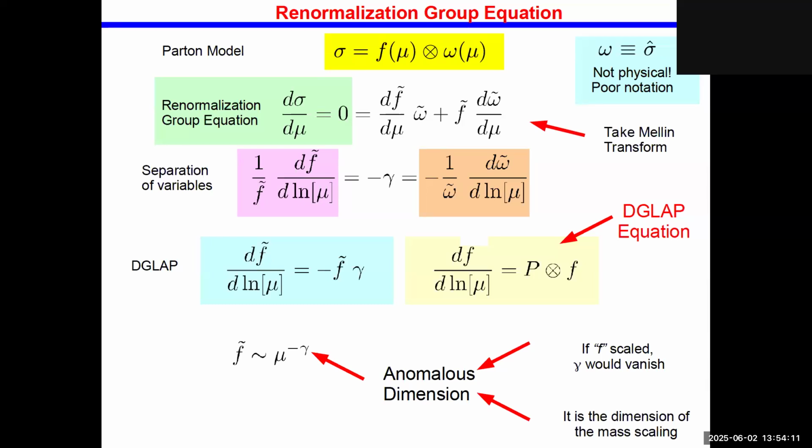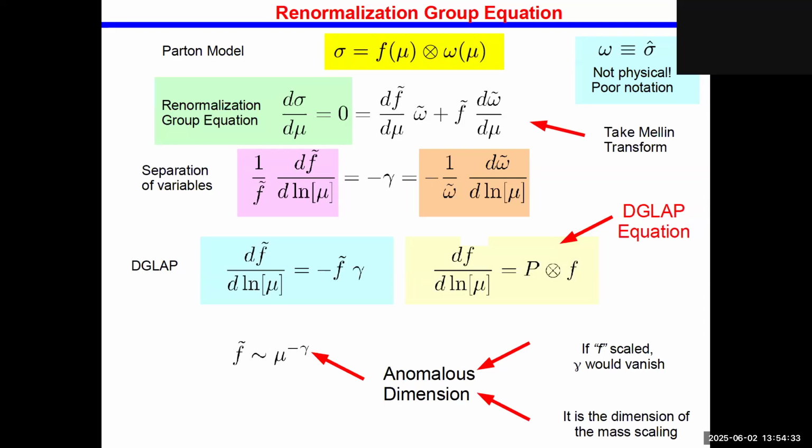And that's the essence of the DGLAP equation. That's the evolution equation of the parton distributions in Mellin space, or if you prefer, transforming back to x space, it looks like this. And even though this is non-perturbative, I can't calculate that, because of this clever observation,